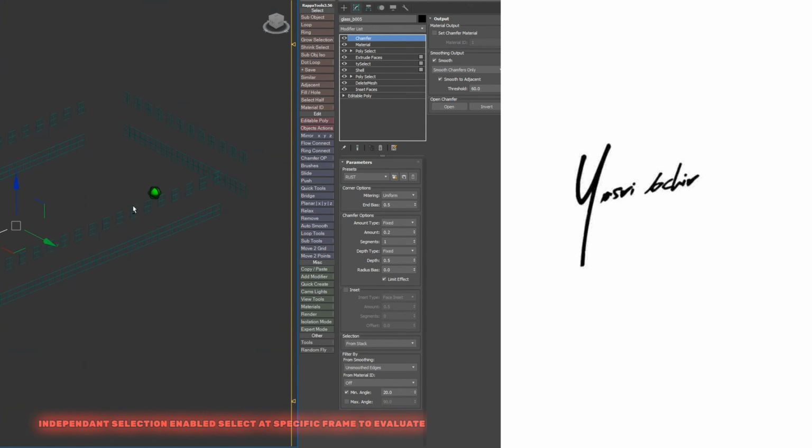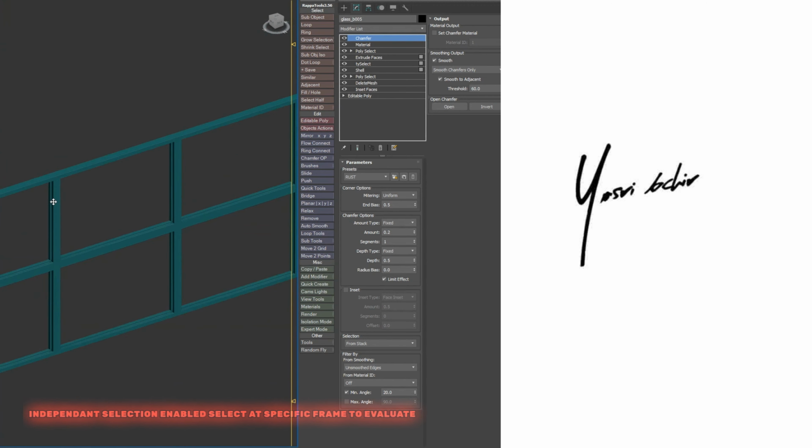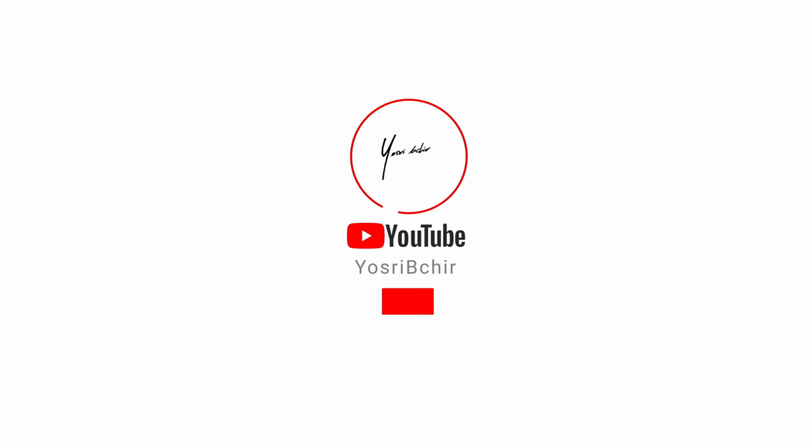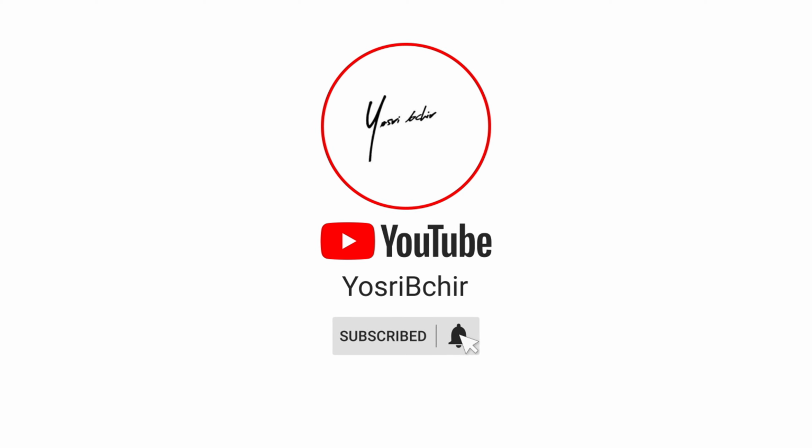3. Deformation-independent selections. Enable Select at Specific Frame to evaluate the input mesh at a specified frame, rather than the current frame. This feature ensures consistent selections on